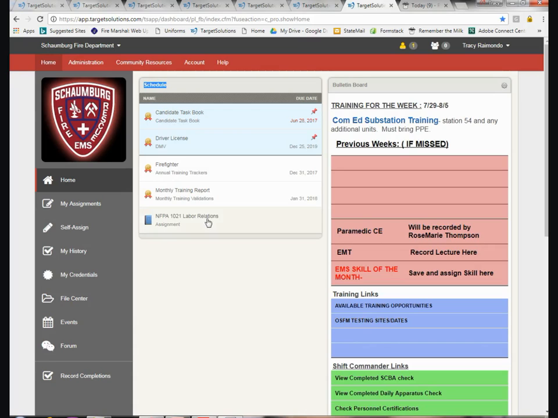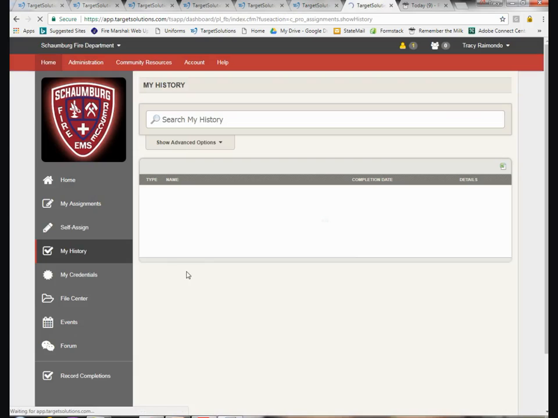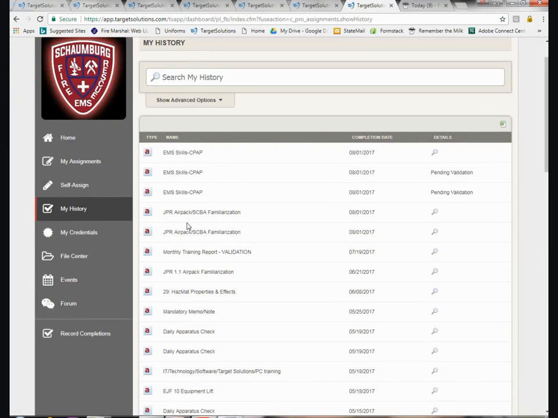The last thing we need is for 20 EMS skills to be listed on your schedule and they haven't been completed. So please have all members log in at least daily to check their schedule to make sure everything is completed on this end. Another thing that I ask you to do is to check your history and make sure that you only have one